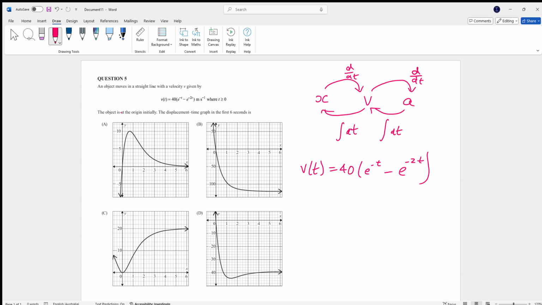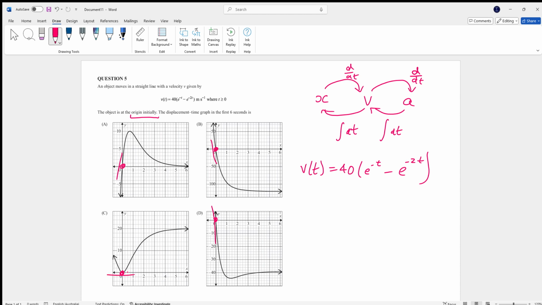Because we can also look at this. The object is at the origin initially. So when t equals 0, x is equal to 0. Now we can see all the curves here start at that position. However, not all of them will have the same velocity there. For example, this initial velocity is positive, this initial velocity is negative, this initial velocity is negative, this initial